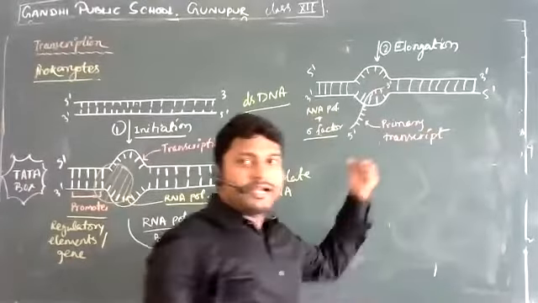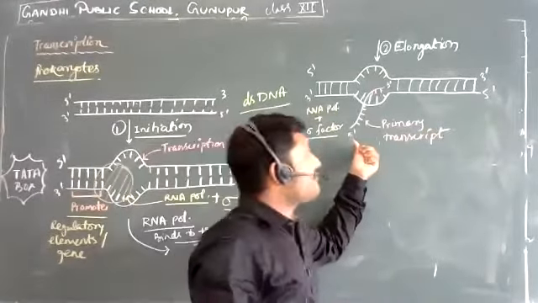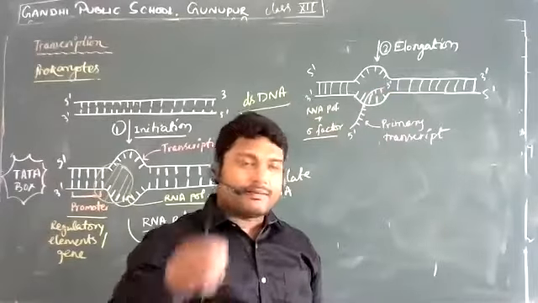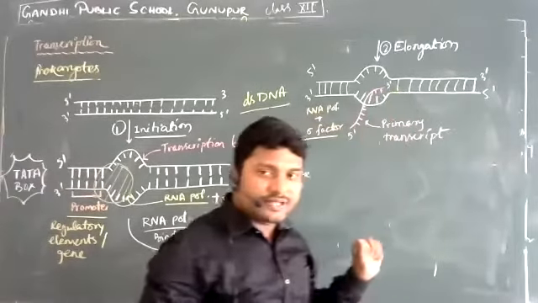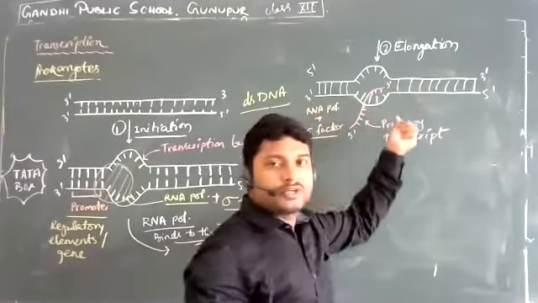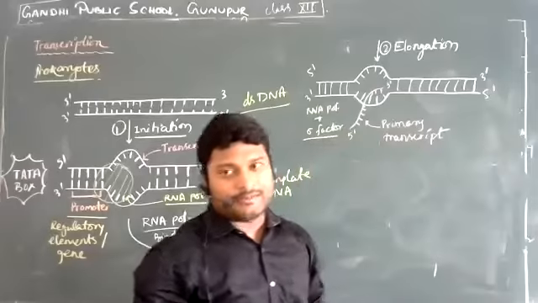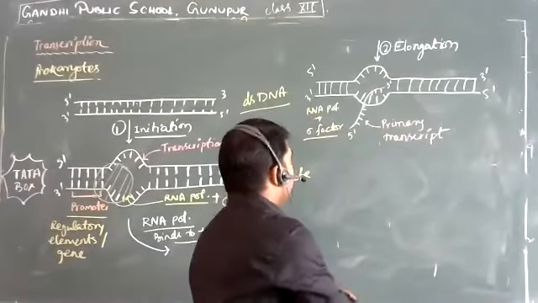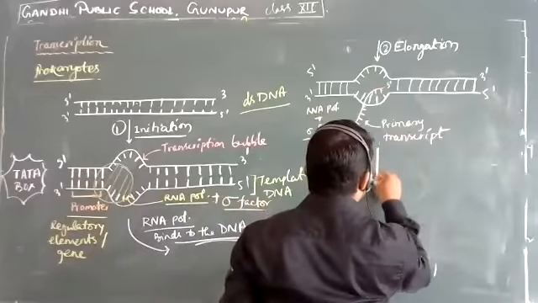So this primary transcript is going to have a free end called the 5 prime end, and the one that is part of the transcription bubble is going to be the 3 prime end. Now from here, let's move on to the next stage, and that is going to be